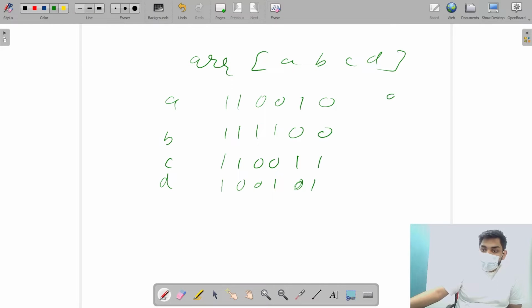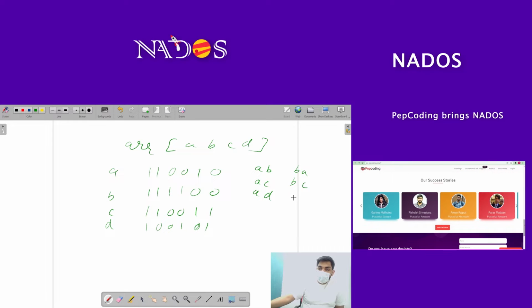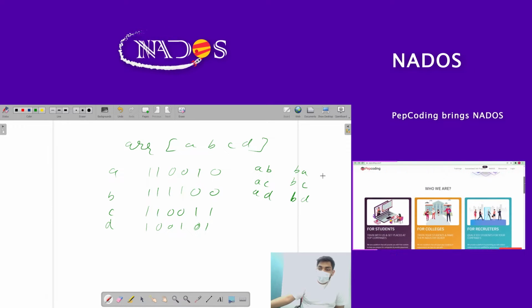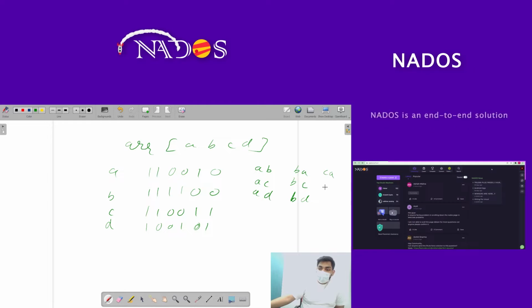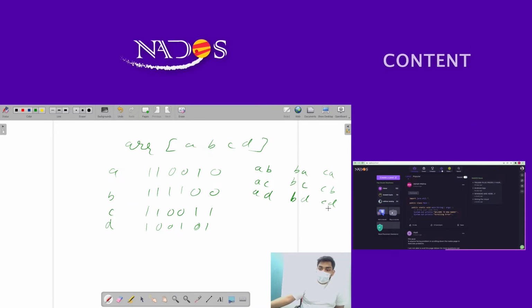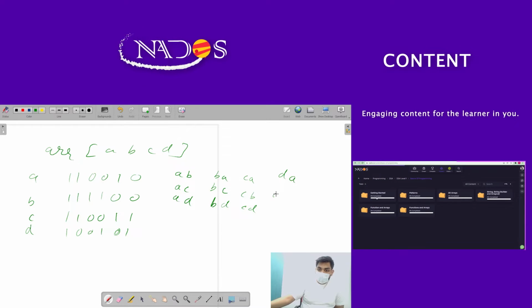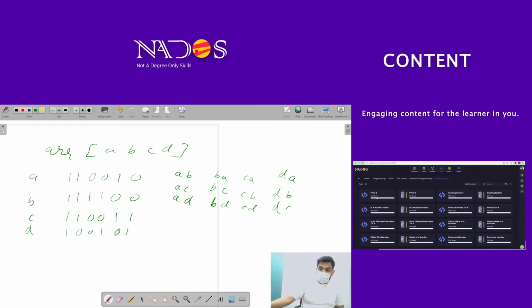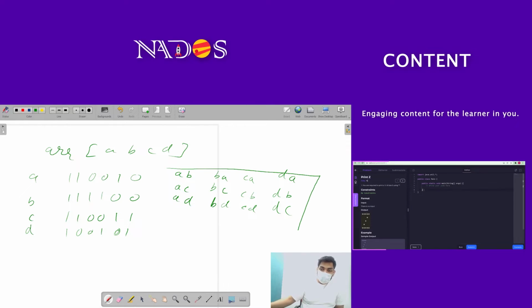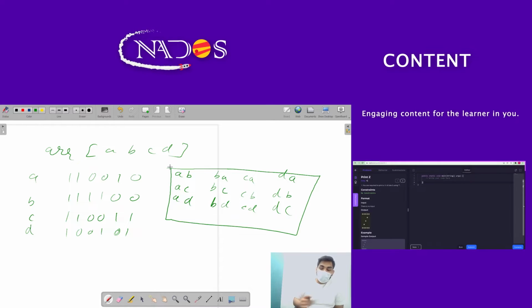Suppose for A we will take AB, AC, AD. Then for B, BA, BC, BD. Then for C, CA, CB, CD. Then DA, DB, DC. So in total these many combinations would be made, and I'll check in AB, for example, how